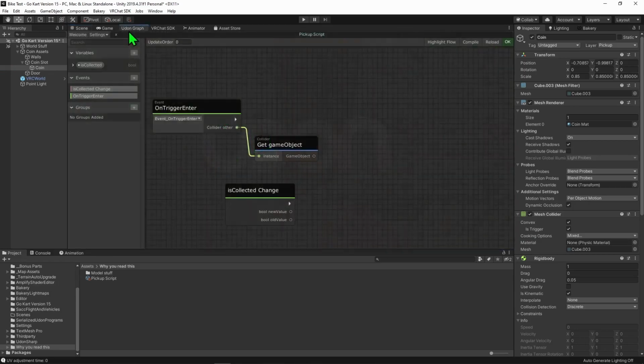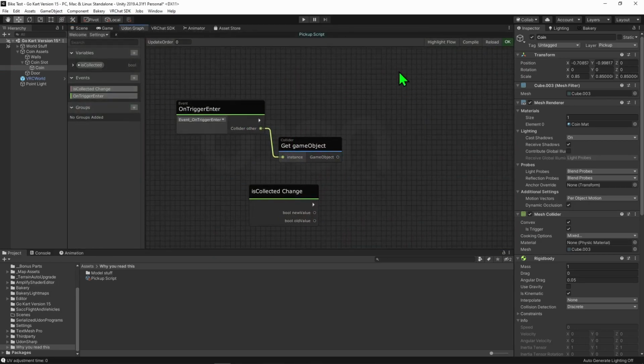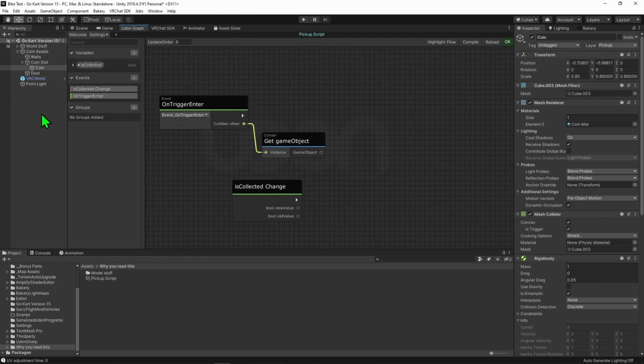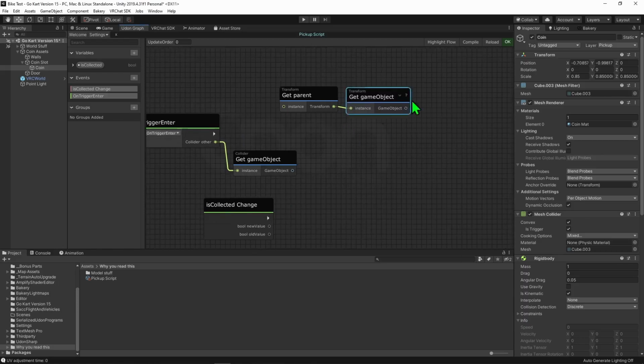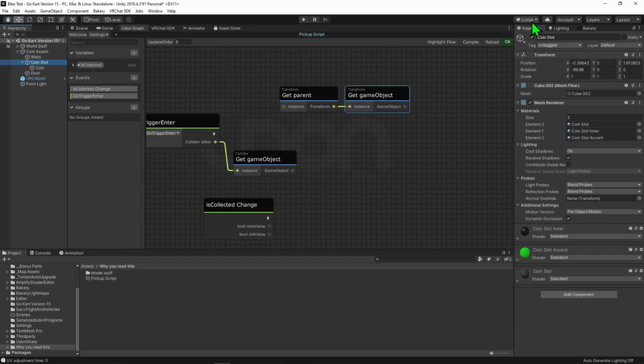Anyways, on the Udon graph, we want to check whether or not the game object we hit is our parent object. So in order to get our parent object, we want to use a transform get parent node. However, this is a transform variable, so we want to then do a transform get game object variable. So now we'll grab the game object of our parent. So in our case, our coin will grab the coin slot transform, and then it will grab its game